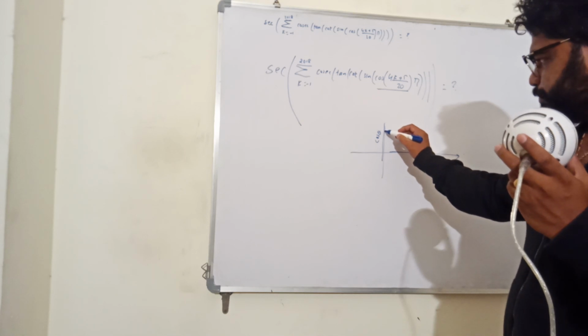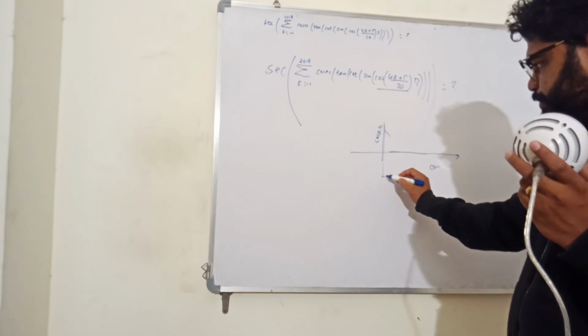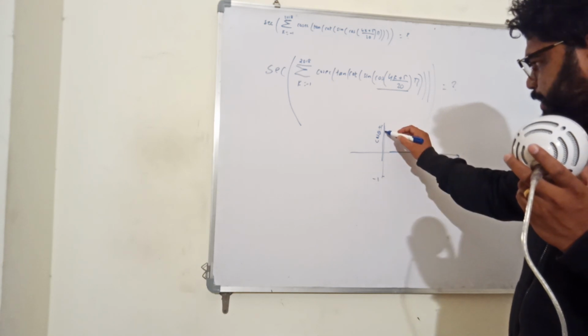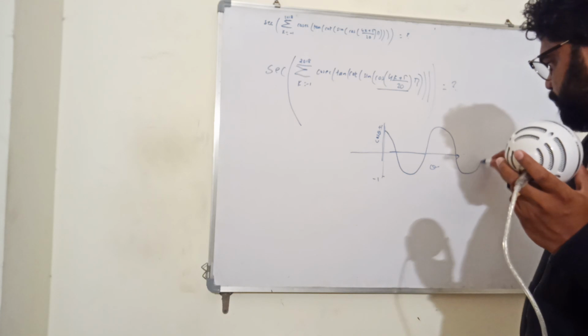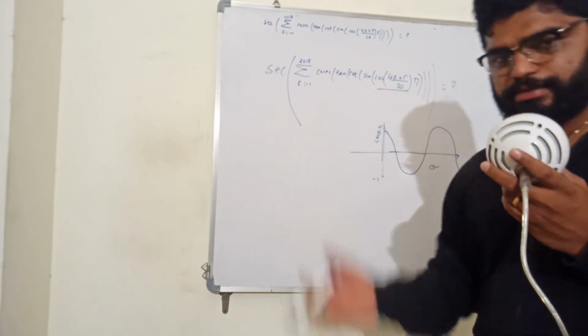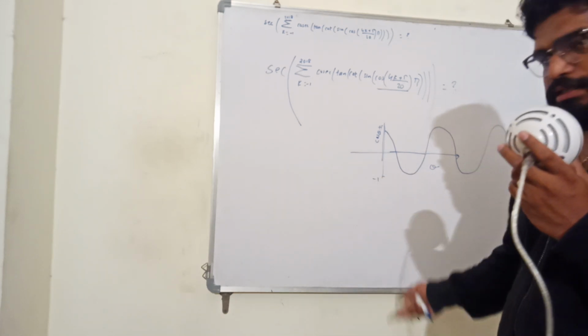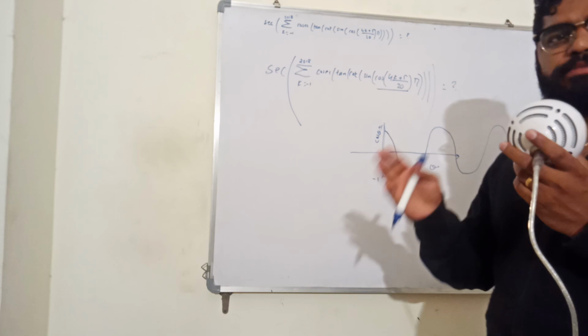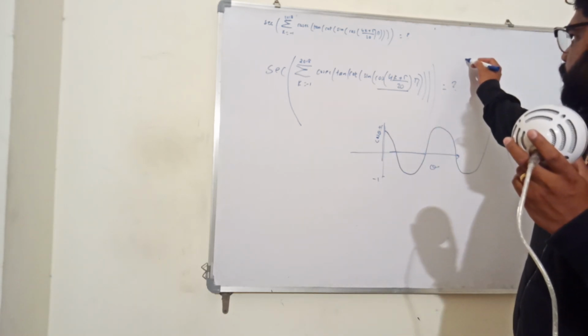It is going to be +1 and -1, and your function is going to fluctuate between this +1 and -1. So cos theta will never be greater than +1, and cos theta will never be less than -1. It is only in between +1 and -1, because we know that cos theta is nothing but,